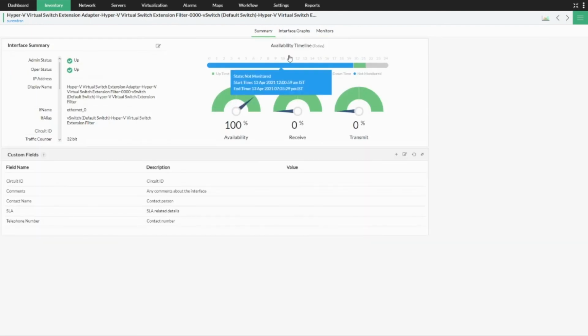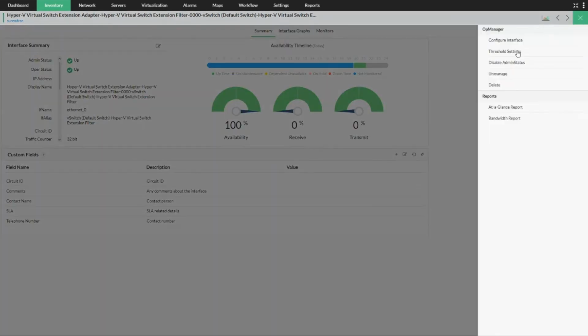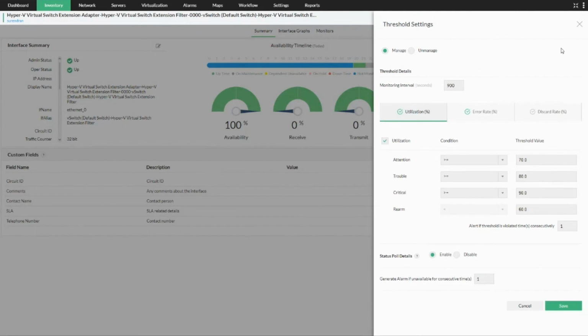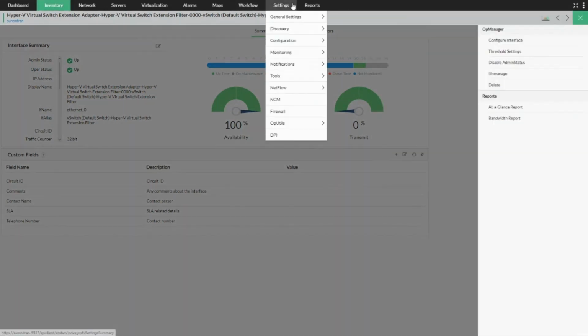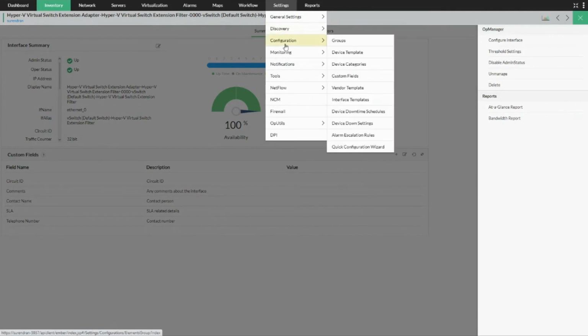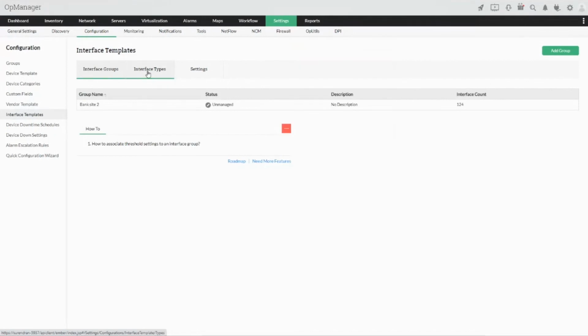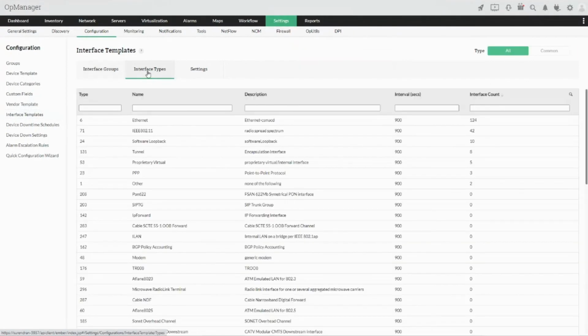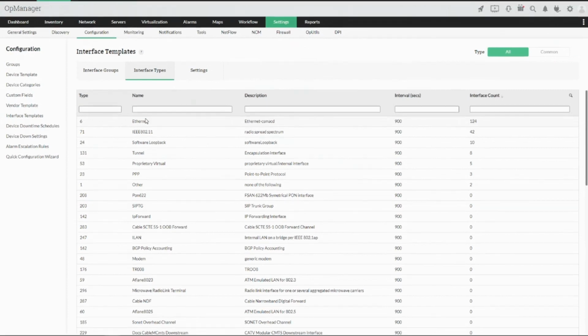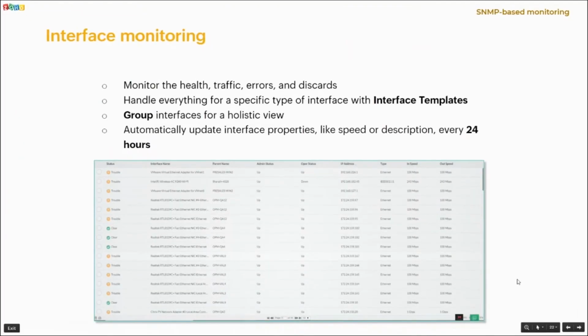I could take reports. I could set thresholds if I wanted to. See, if I want to set threshold settings, they are pre-configured. If you want, you can customize it as well. And if you want to do a bulk configuration, you could very well do it under Settings, Configuration, Interface Templates, where you can create groups for your specific set of interfaces, or you can set a global configuration using the interface templates and push these configurations to the interfaces which you're monitoring, and get notified accordingly and monitor the desired metrics alone. So now let's go back to the presentation and continue.